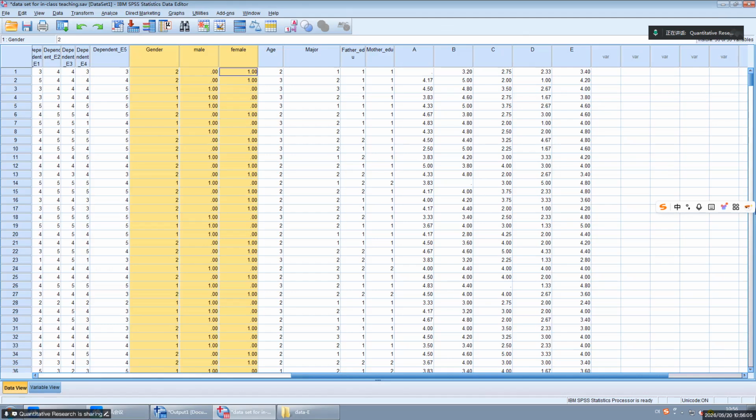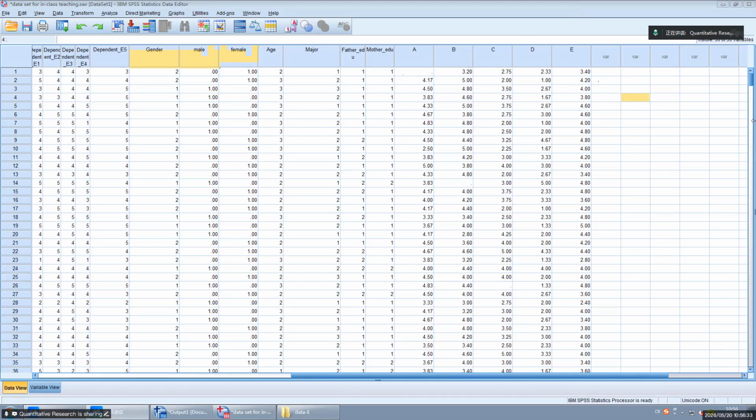Many of you asked me how to group the dummy variables together with gender. It's very easy. For example, we often want to move a variable.